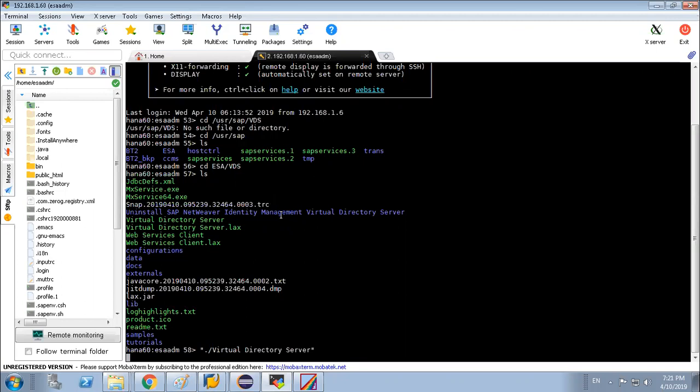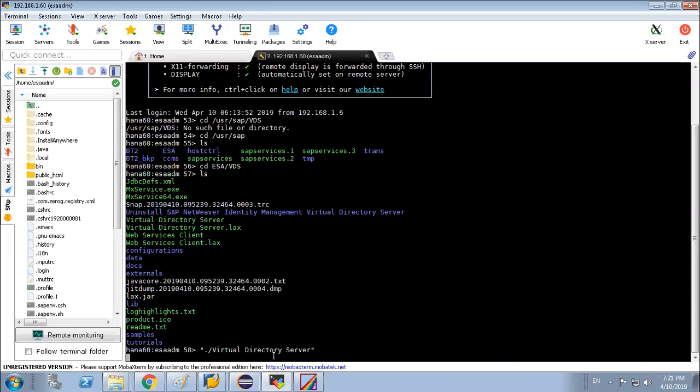It will mostly be provided by the basis team, some user ID with ADM, and the password will be the corresponding password. Once you log into the system, the path which you have to